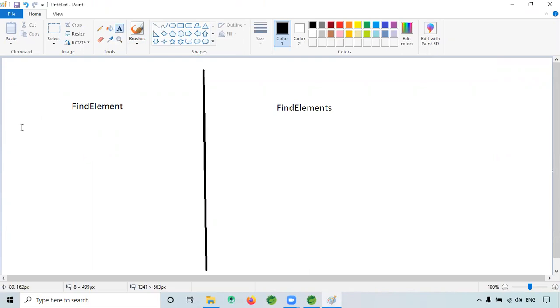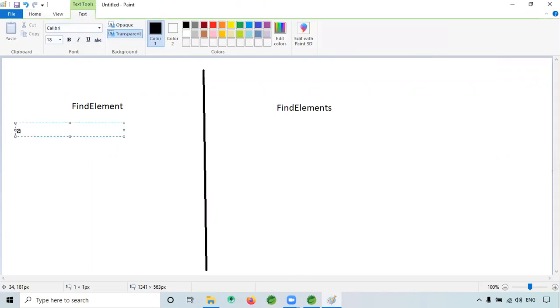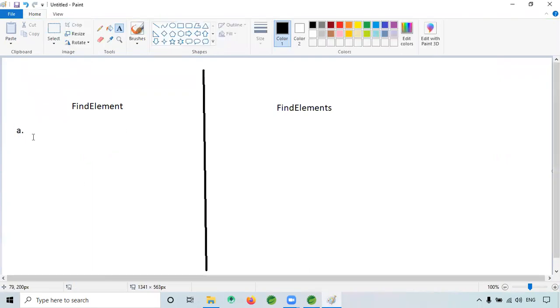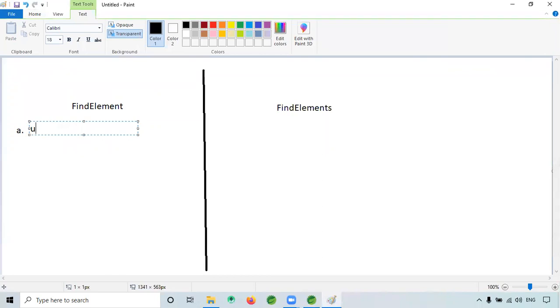Okay, so find element is used to find a single web element.